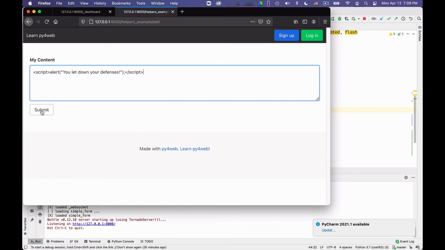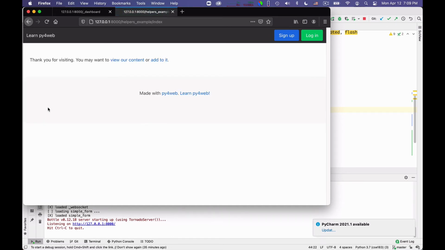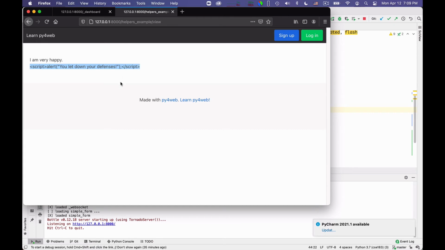So I click on submit. Nothing happens. But then when another user comes in and they ask to view the content, everything works. Why does everything work? Because in truth, this script here is safe encoded by the templating language. In fact, it's a little bit difficult to see what gets sent to the web page.